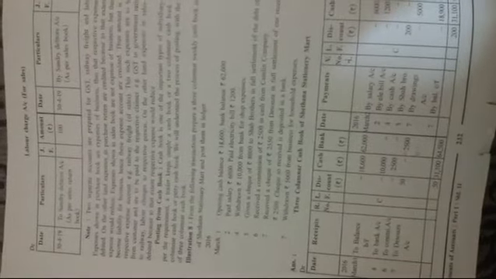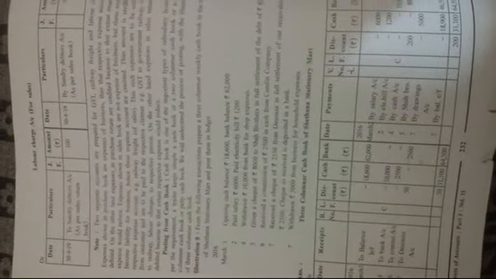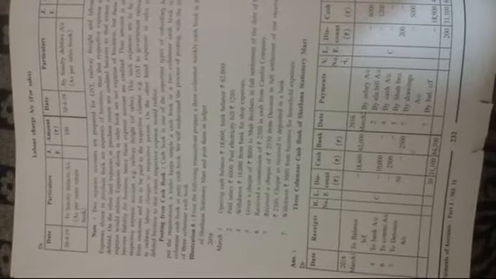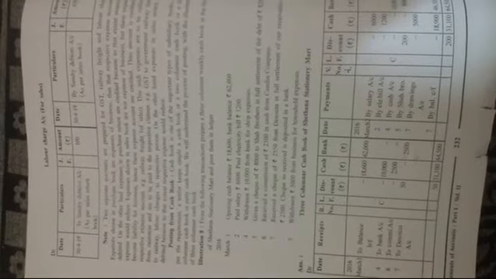So for that, illustration 8 is provided, but before that let's read this posting from cash book theory. Cash book is one of the important types of subsidiary books. As per the requirement, a trader keeps a cash book, or a 2-columnar cash book, or a 3-columnar cash book, or a petty cash book. We will understand the process of posting with the illustration of a 3-columnar cash book. So right now we are discussing the 3-columnar cash book.